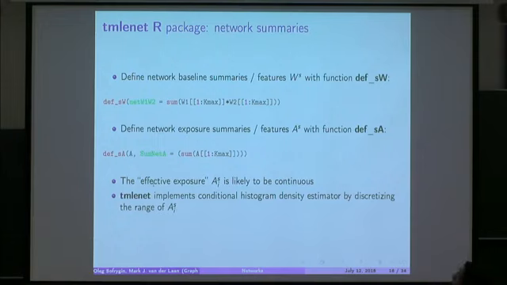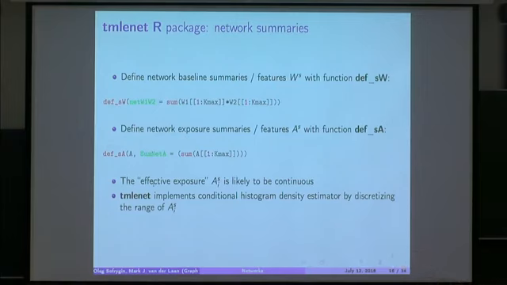With exposure summary, we can do very much the same. We define the effective exposure as the 2-dimensional variable, which is the person's exposure, A, and also the sum of the exposures of all the friends, which is just double square bracket A from 1 to Kmax. And now, an important point is that, as you already see, even if the exposure itself is binary, the effective exposure, the A_i^s, is likely to be continuous.